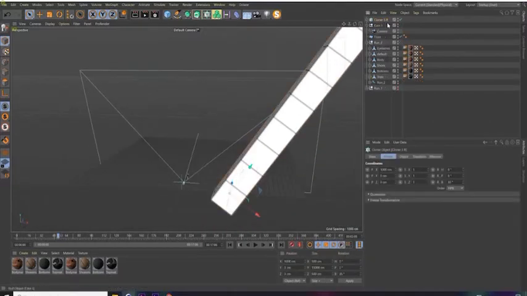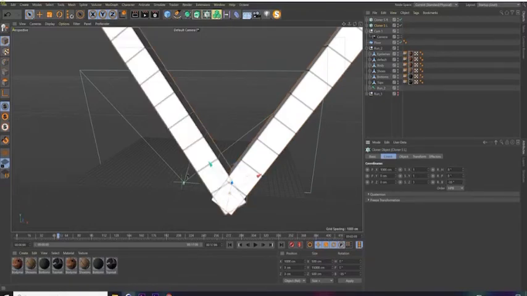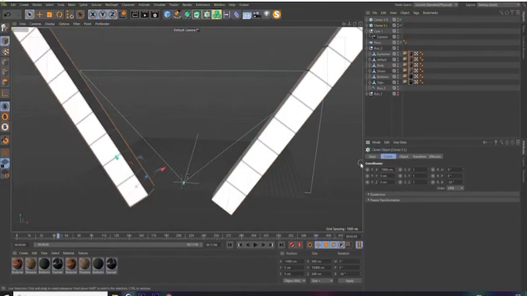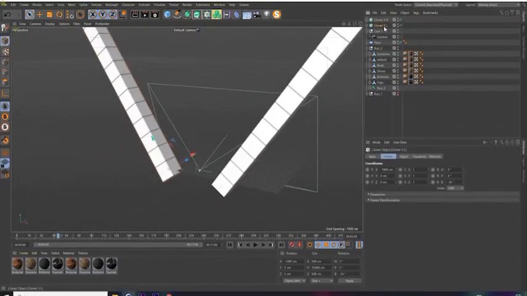Let's make a copy of this, hold Control and just drag down. This is going to be cloner slanted left. And I will flip both the rotation, so negative 35 and negative 1000 for the position. Let's make another copy